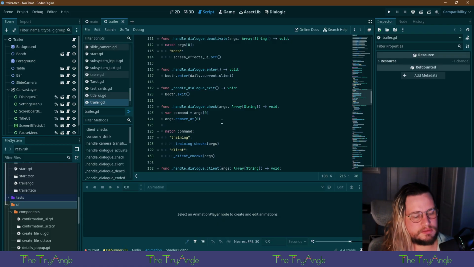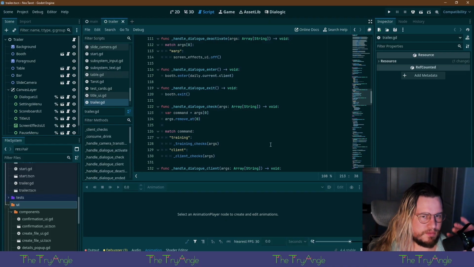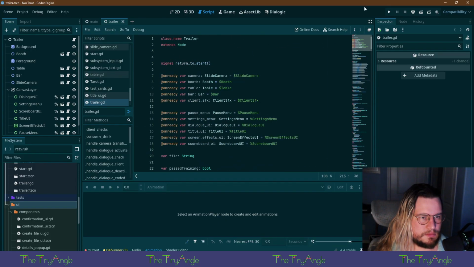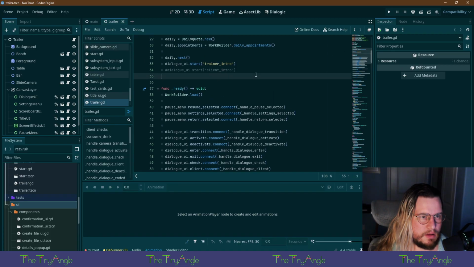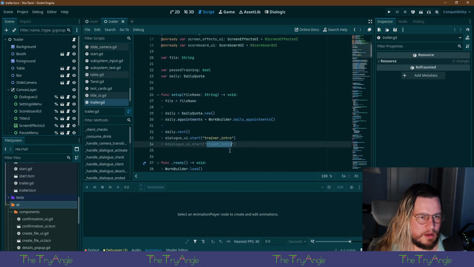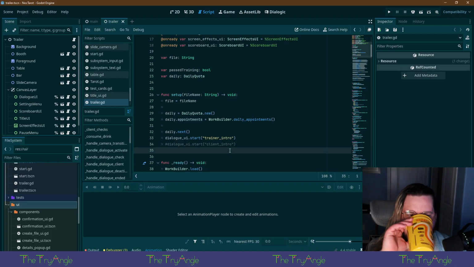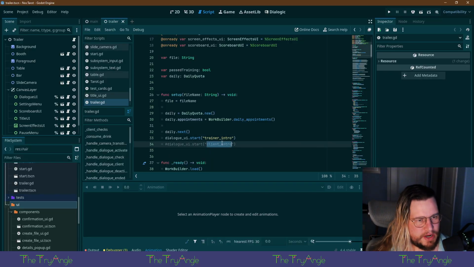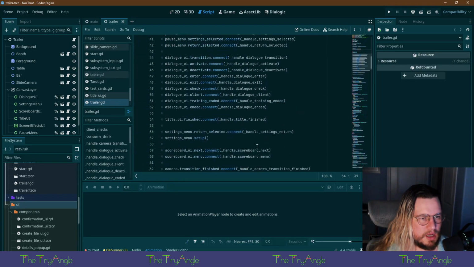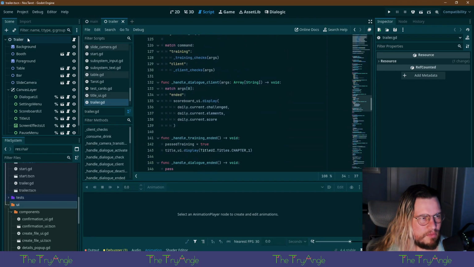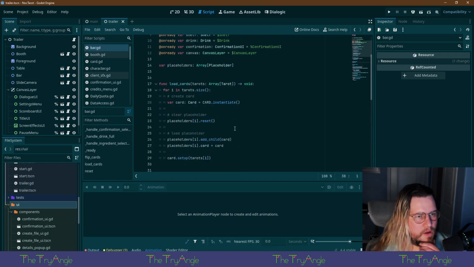Let's think. All right. Client intro, trainer intro. Oh, that's for debugging. That's right. This is gonna be tricky because I don't exactly know what went wrong for the bar.